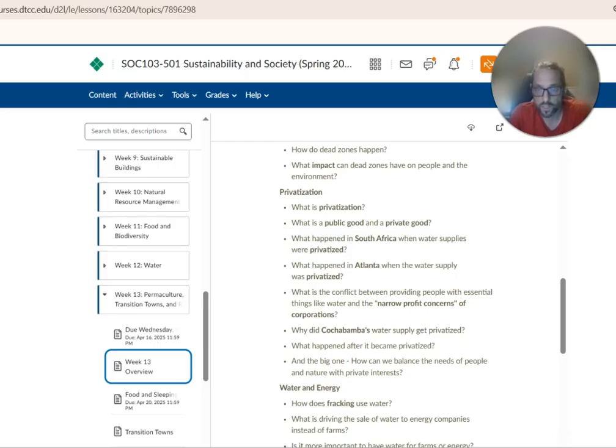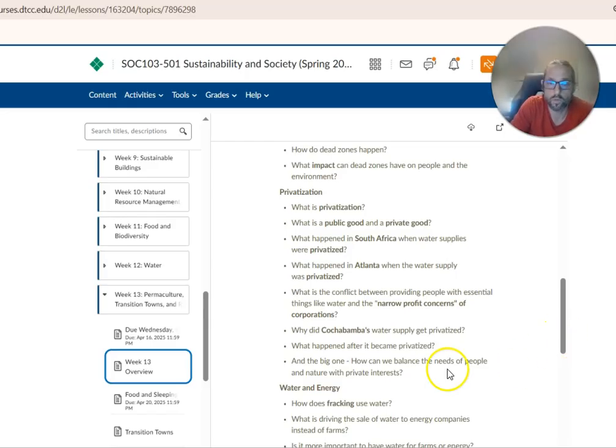And there's that whole debate which was brought up last week: should water be a human right? The United Nations does think so. They've declared water, or access to water, a human right. But when you have a private company that owns a resource, they can sell it to whomever they want at whatever price they want. And so that becomes a problem.